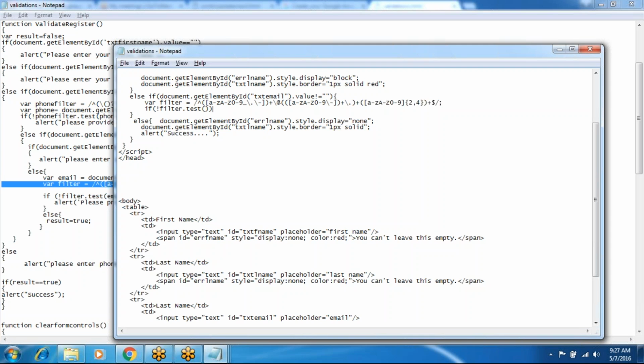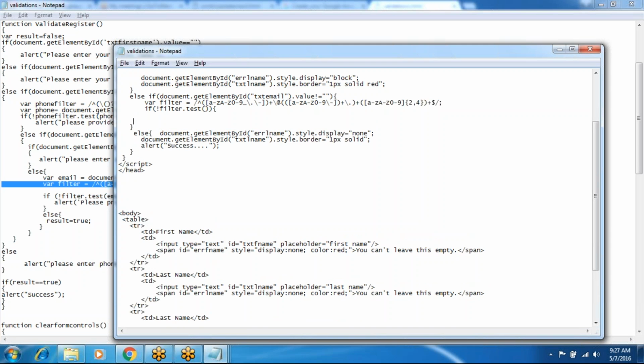In the test method you have to enter the text box value, here the email text box value. If the value does not match this filter, an alert box will display: please provide valid email.